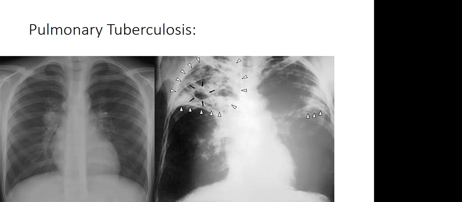Okay. So, I would describe it as a cavitating lesion. If you look at the right upper lobe, you can see there's an area of consolidation. And then in the center of that, you can see a little black circle. And that's basically just a patch of air. What's happened there is the TB has infiltrated the right upper lobe and essentially caused a collection of mycobacterium to form. So that's called a cavitation. And if you see a cavitation in the upper lobe of a chest X-ray, very, very likely to be TB.